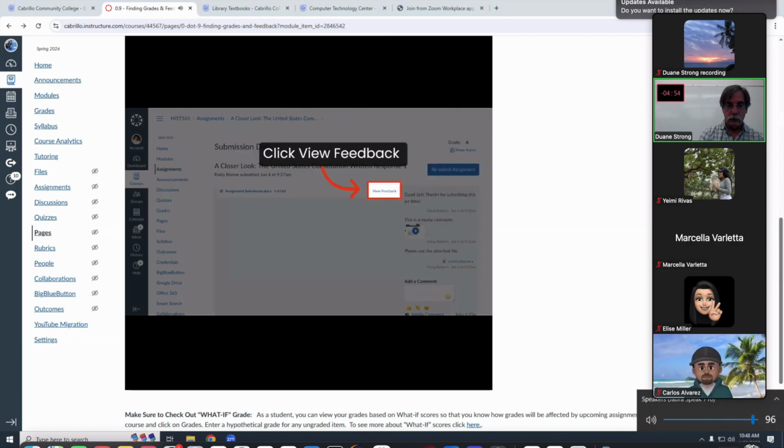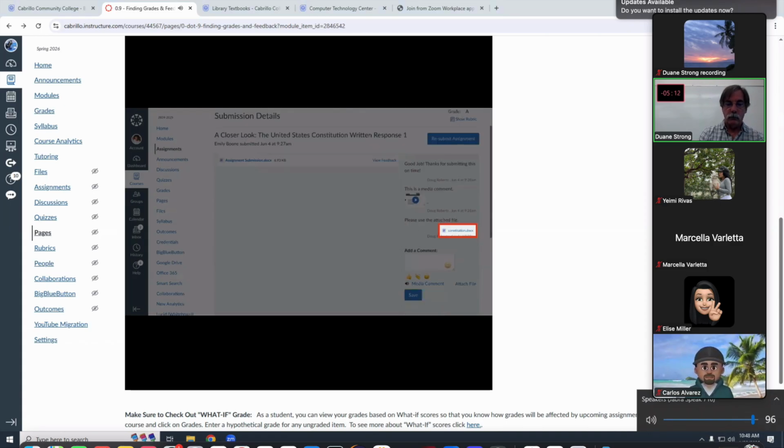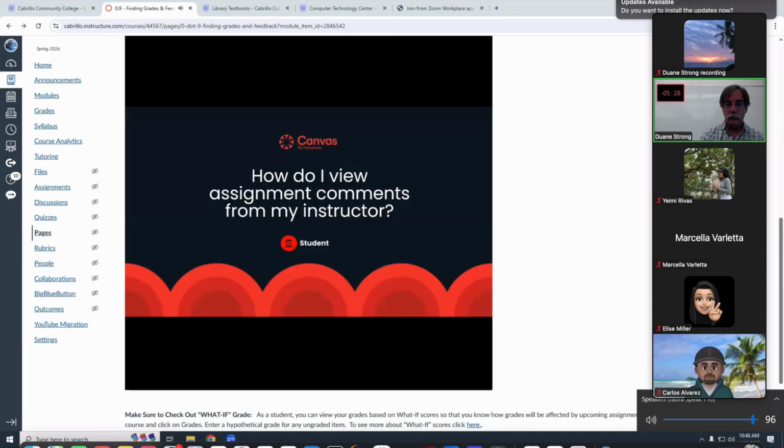If you submitted the assignment with a file upload, your instructor may have included annotated feedback in your assignment. On the submission details page, files that support annotations display a View Feedback link next to the submission. If annotated comments have been added to an assignment, the View Feedback link displays an indicator. While viewing submission details, you can also view media comments by clicking the play icon or view attached files by clicking the file name link. When viewing comments from your instructor, you can also leave your own comment in the Add a Comment area. This guide covered how to view assignment comments from an instructor.